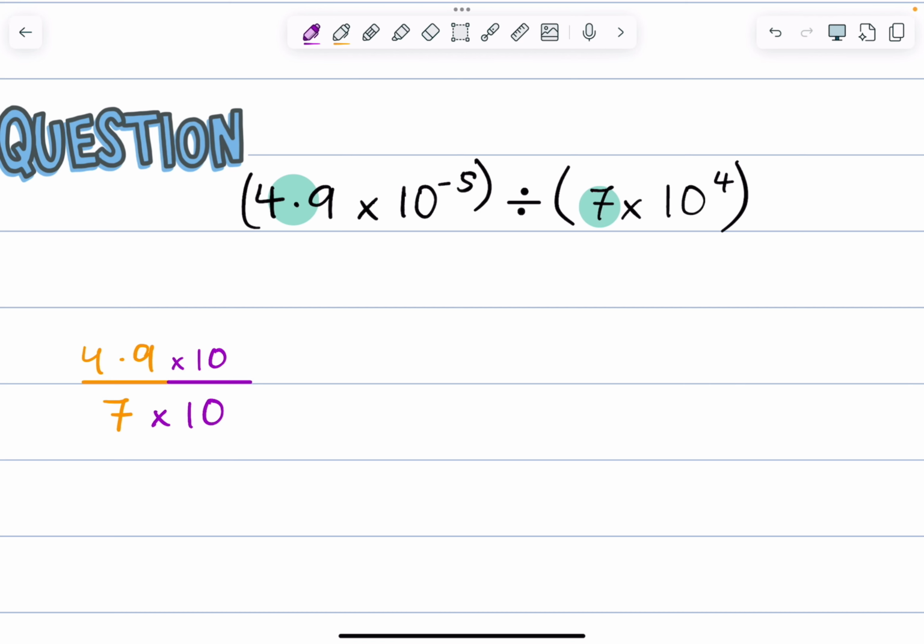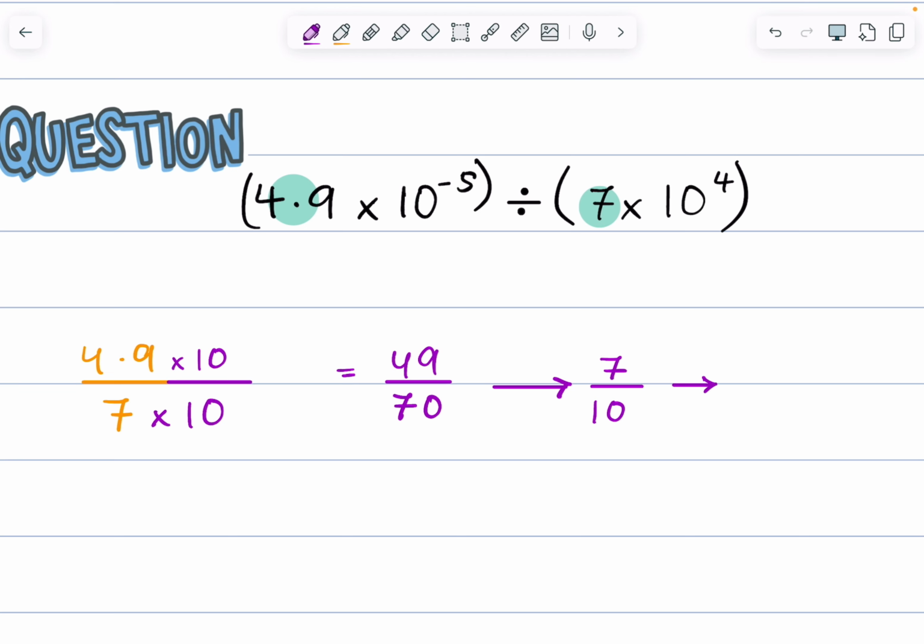ठीक है ताकि अब multiplying by 10, 100 or 1000 depends कि आपके कितने decimal places है. मेरा सिर्फ one decimal place है. So if I multiply it with 10, the decimal will move one place ahead. It will become 49. This will become 49 over 70. ठीक है. We all know 49 and 70 both come in the table of 7. So 7 times 7 is 49 and 7 times 10 is 70.